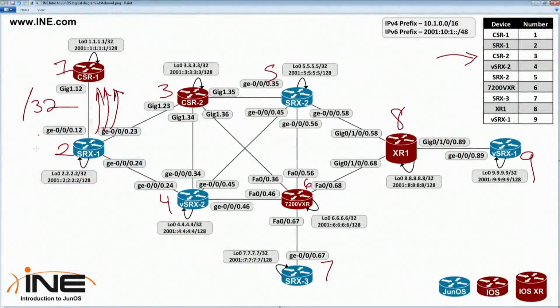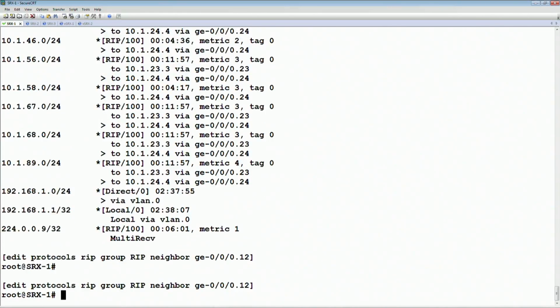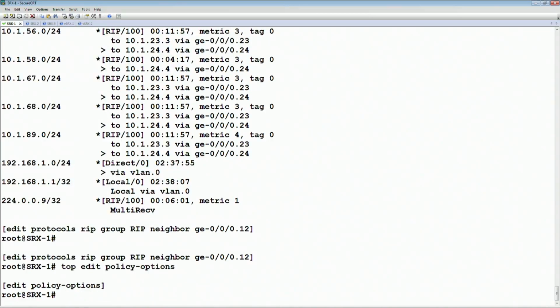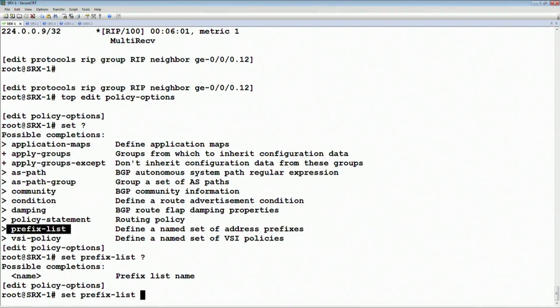You can apply it by creating prefix lists and then calling the prefix list from inside the routing policy, or you can do it directly inline in the policy, similar to how you can in IOS XR's RPL. Where this is going to be defined is going to be under the policy options and then under the policy statement. So under policy options, if we look at the set, this is where we have a prefix list. So if we were to say set prefix list, and let's say that this is going to match,